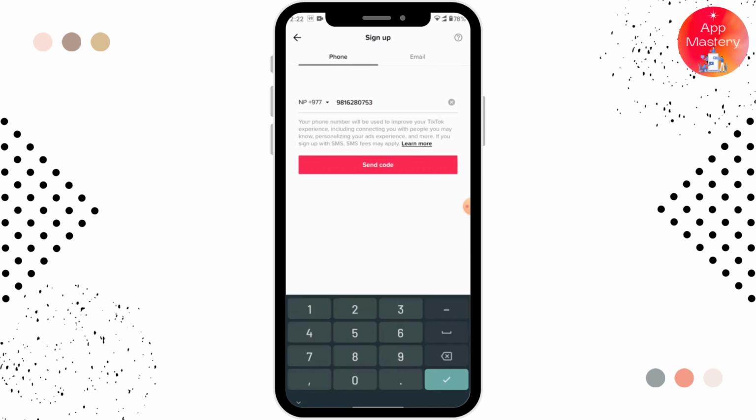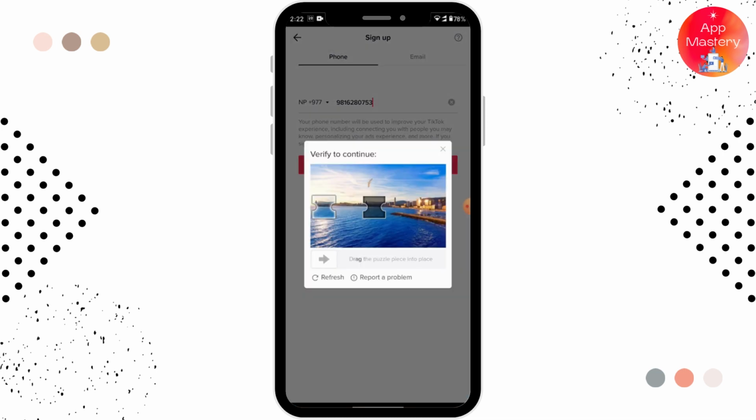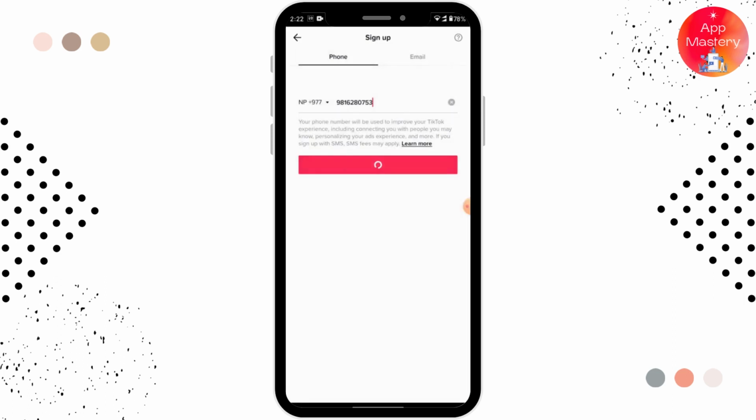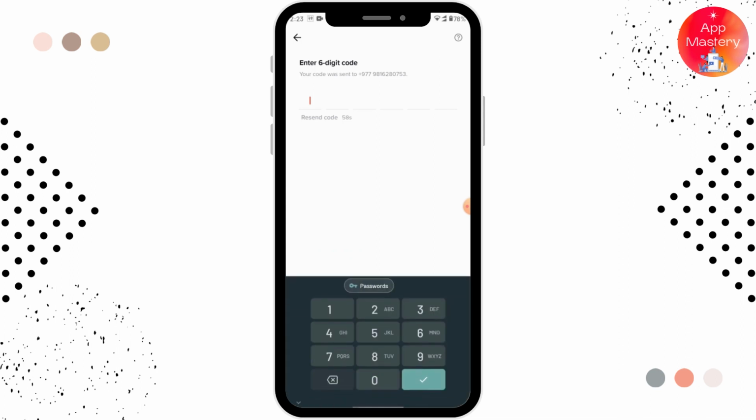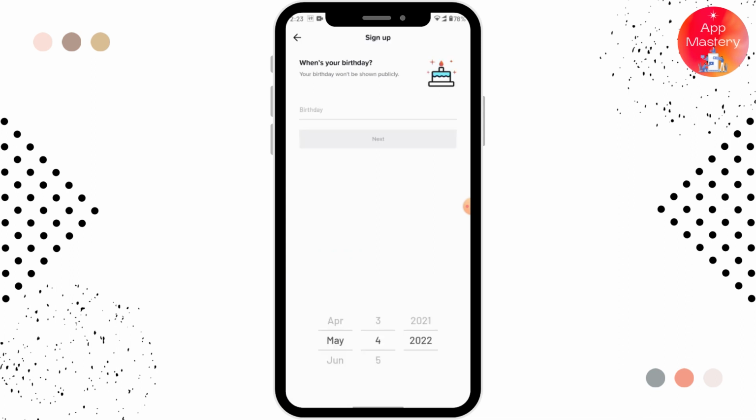For now I'll be using my phone number, and then you can tap on send code. It is asking you to verify. After entering your code, then it will ask you to enter your birthday. So enter that, tap on next,